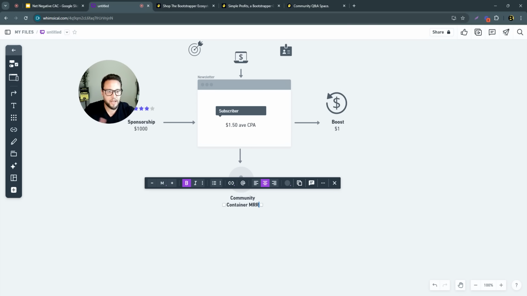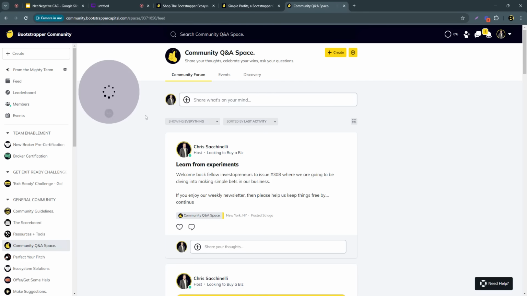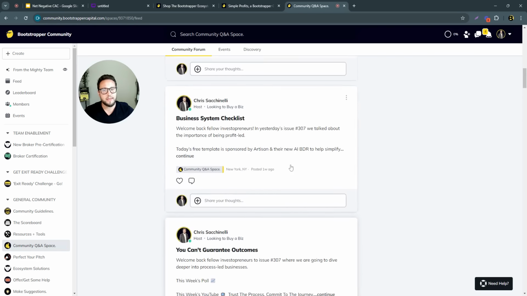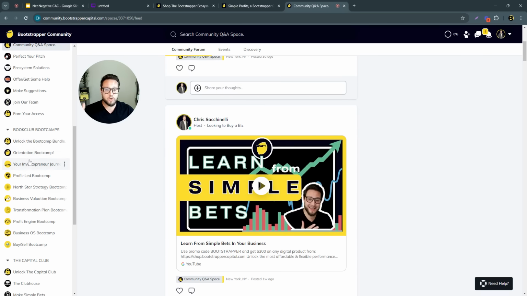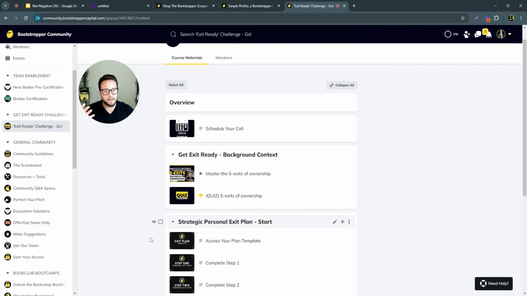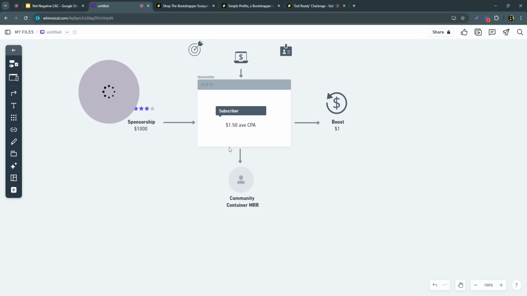And this is a way to build up MRR, right? So in our model, you have the opt-ins. It typically will start like a free trial or something of that nature at the checkout, but it usually drops folks into the community. We have like 600 folks inside this community right now. And then through the community, you get access to, for us, a journey to activation around becoming a profit-led business, right? So we'll work folks through what we call an exit ready challenge, which is really like an activation process. We get folks a personal exit plan, right?